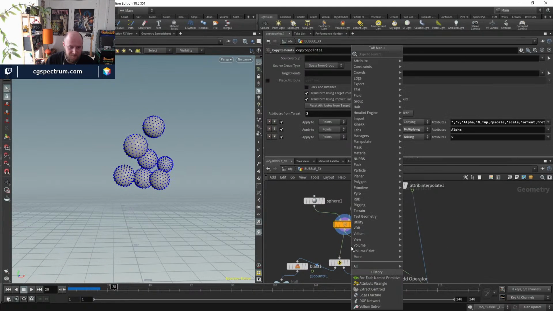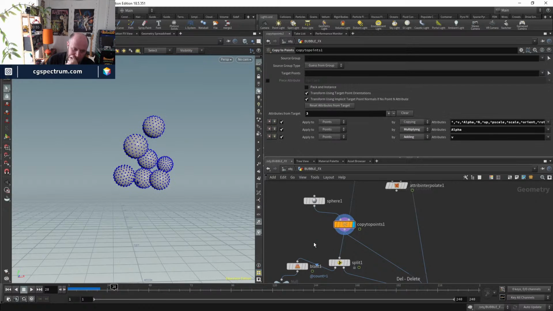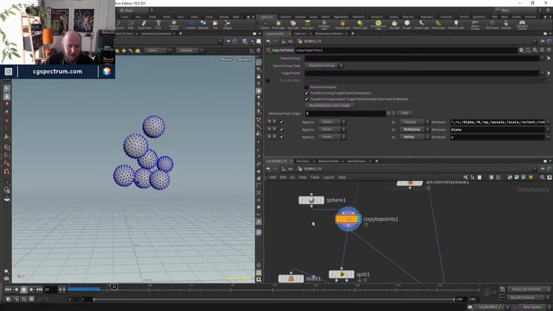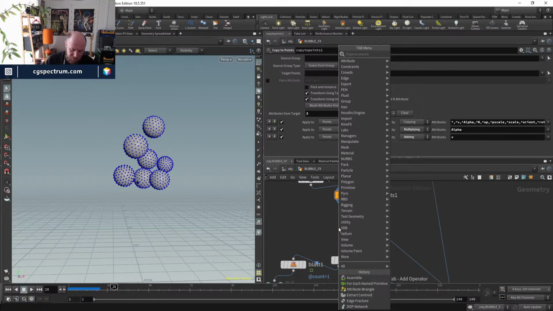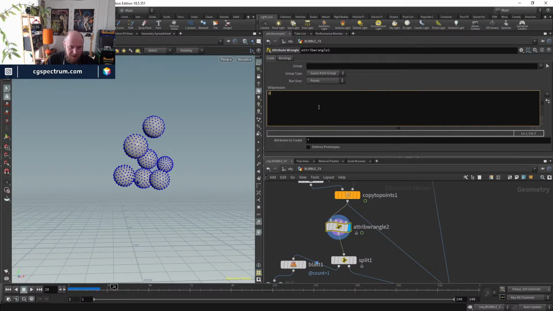What will I do? Here, I'll just create an assemble node. I'm going to have to turn this ID attribute into a name, I think, so that I can do this for each loop. So I'm going to just put an attribute wrangle down and say @name. Doesn't really have to be name, but just some sort of string that I can run. So @name equals bubble